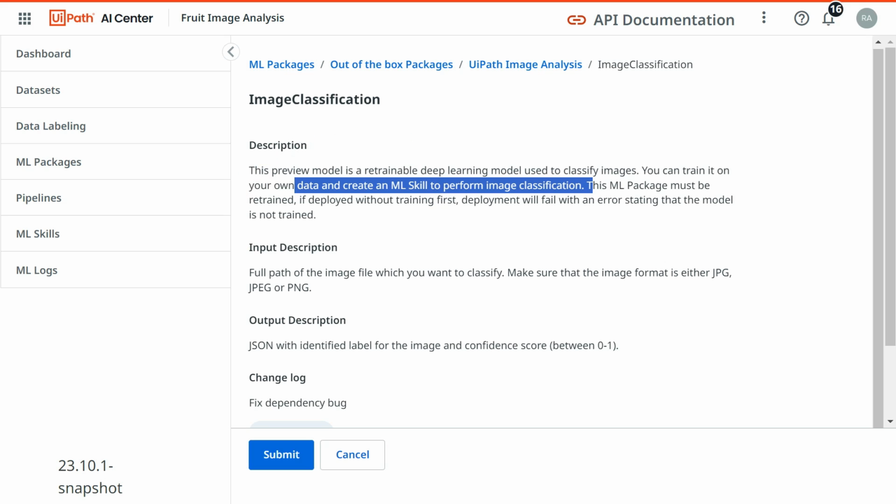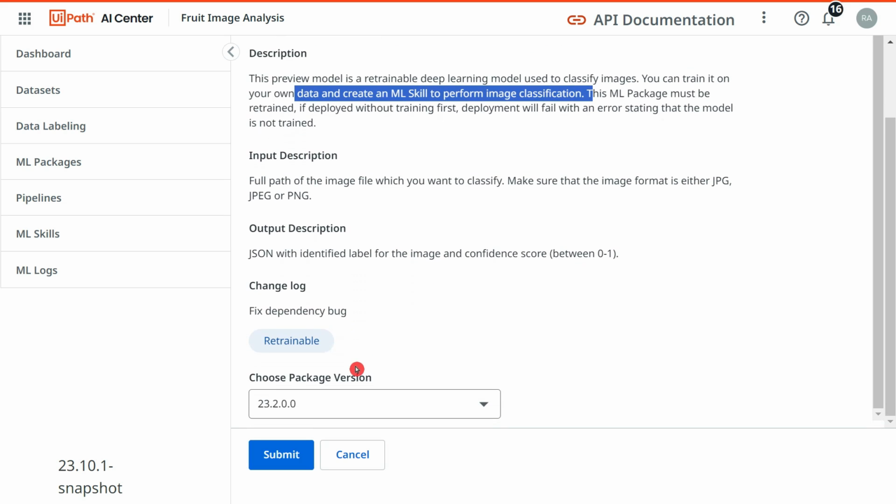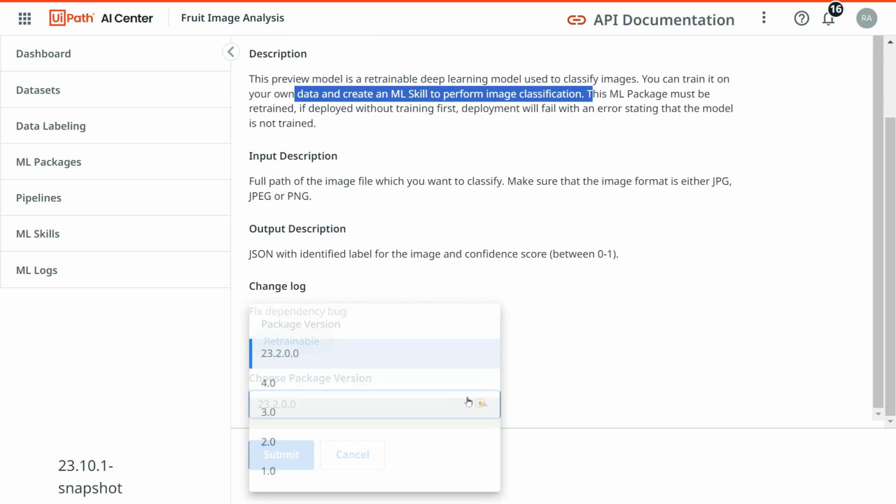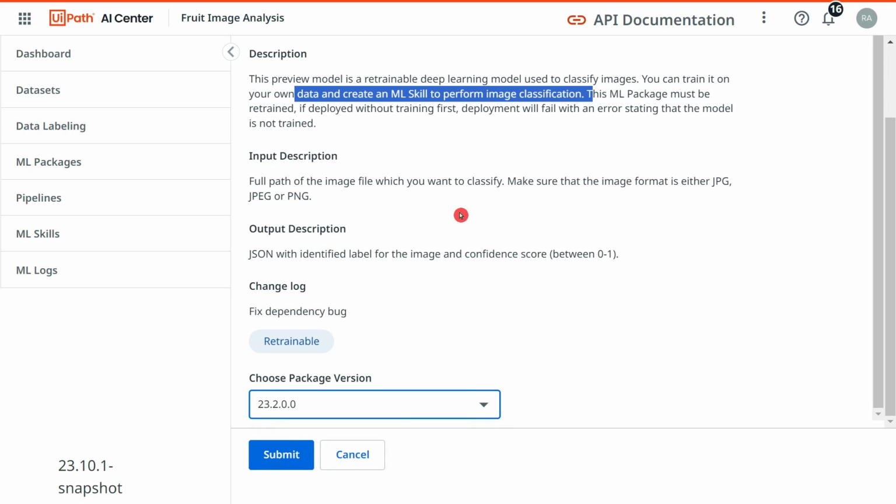Great. So you can go through this entire description, and there is not much to do here. All you do is select the top level package that is available. Now at the moment I see 23.2.0. Whatever is available on your screen, the top package, you can go with any of these, but I would go with the latest one. I've gone with the latest one because if there are bugs they would have fixed them,